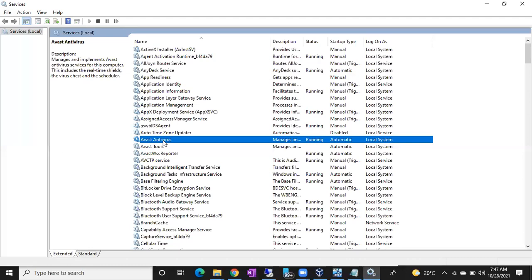Whole system means all the drives. All the drives means all the folders. Right? So who is going to scan on behalf of this antivirus? Service account. Your service account. Scan means what? Read. Your service account will read each and every file, each and every folder, each and every drive. Clear? This point is clear or not?